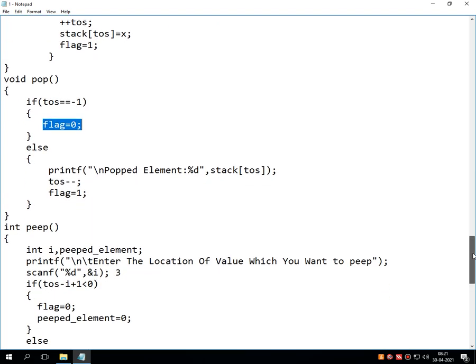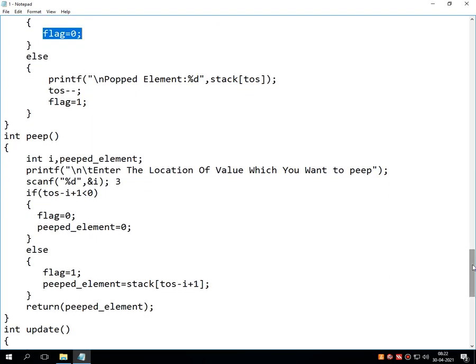Okay, again pause the video and write down the logical lines from this closing bracket to this opening bracket.